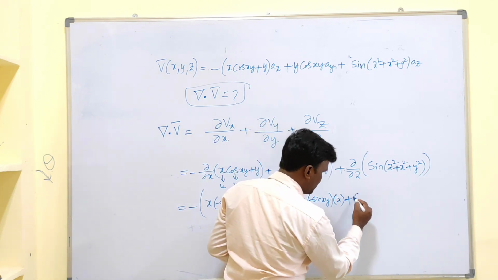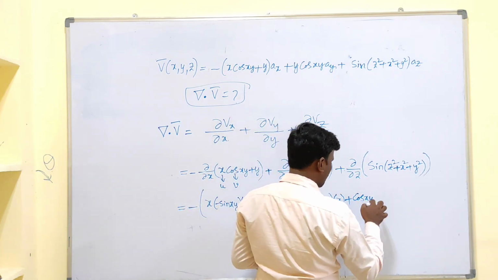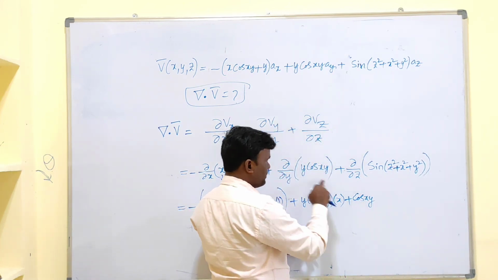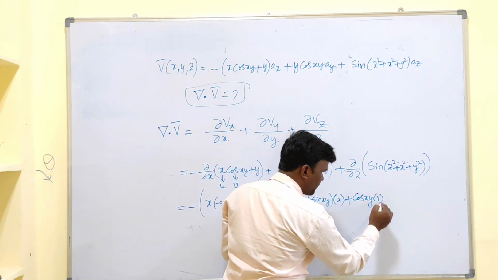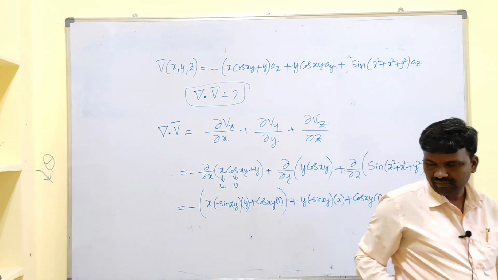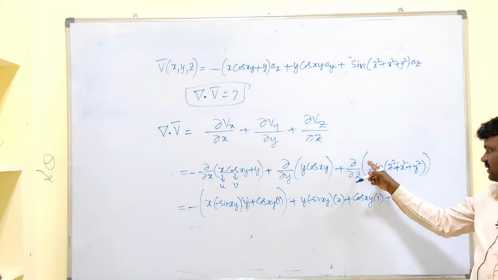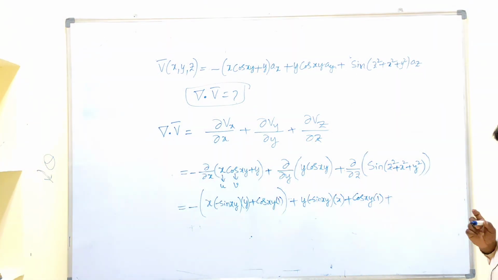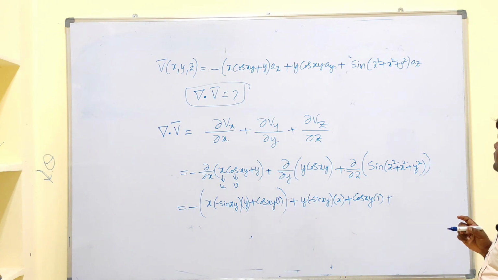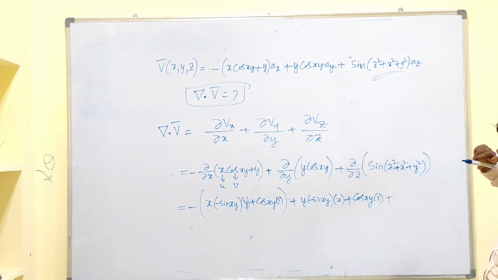What is v? We consider cos xy as v. V into u dash means the differentiation of y with respect to y gives 1. And the last one, the differentiation of this term gives what? Of course, I think this term may be sin of, it is not correct, that is sin of z square.